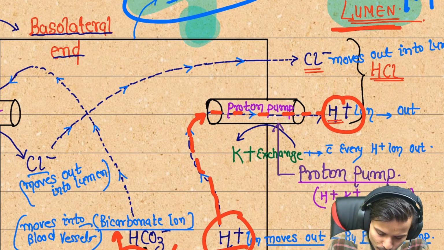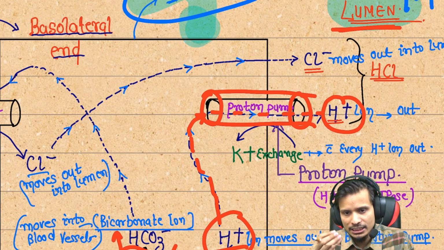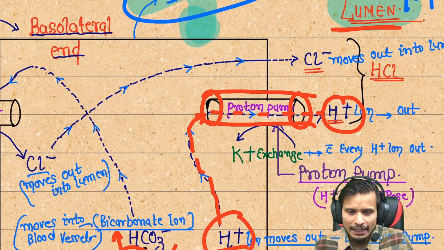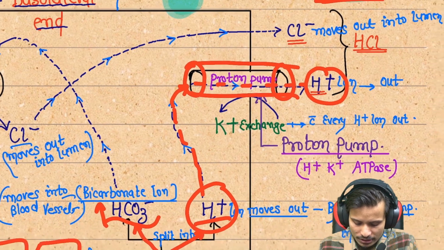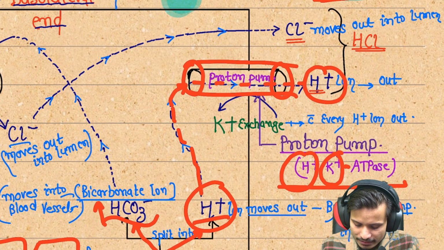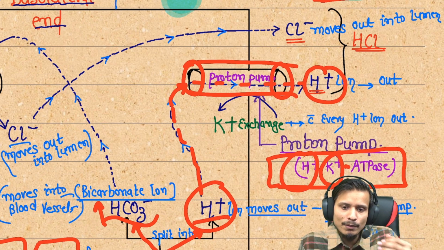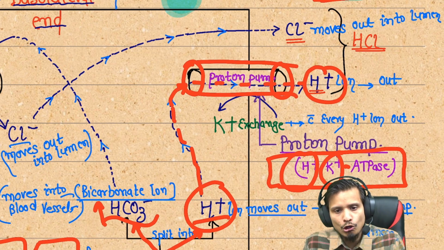This is coming through a special type of channel. Look here, this is the special type of channel present here. What is going outside? That is proton, it means hydrogen. That is also called the proton pump. It's so simple. And this proton pump is most important here, because H plus K plus ATPase is another name of this proton pump. So what is the other name of H plus K plus ATPase? It is another name of the proton pump.